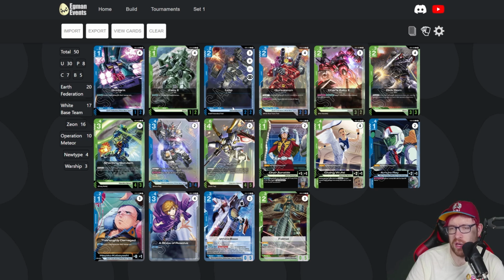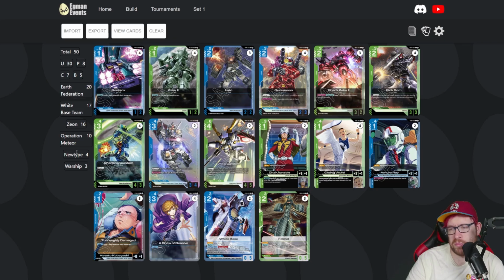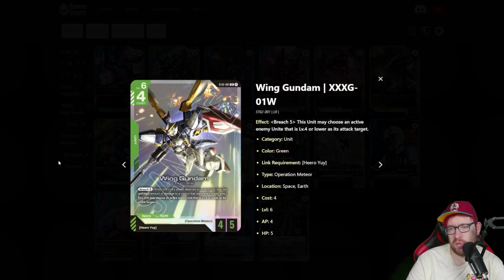Other than that, for top end, we do have 2 copies of Wing Gundam, just because this is one of the better late game cards. In fact, the best late game card in this game right now. Even though we're not playing the hero, just the fact that this comes out, we can still pair this with Wu Fei, which means it turns into a 6/6 that also can't take damage from 3 AP or less. So there's just a lot of times where this goes 2 for 1, while also doing Breach 5 twice,